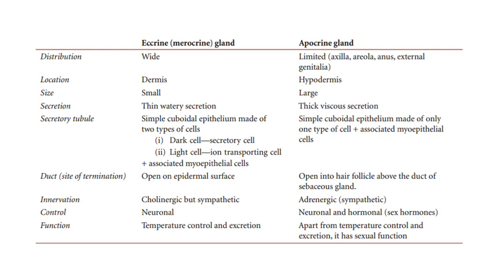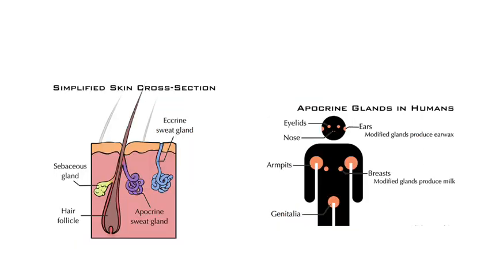Of course the difference is written here, you can go through it, but the merocrine gland opens on the epidermal surface, whereas the apocrine gland opens just above the duct of the sebaceous gland into the hair follicle, so the secretion comes from there, and for that reason it is a little oily. Okay, and this is to show you where the apocrine, that is the oily secretion, we said, so where all these apocrine glands are present. They are present in the eyelids, behind the ears, armpits, near the mammary gland. So this is the apocrine gland.